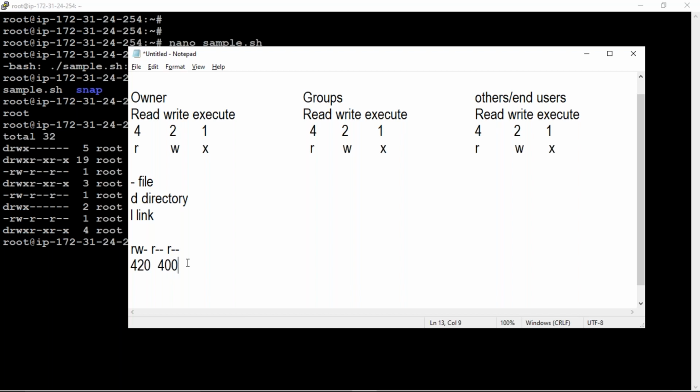And for the end user as well, read means 4 and the rest is 0.